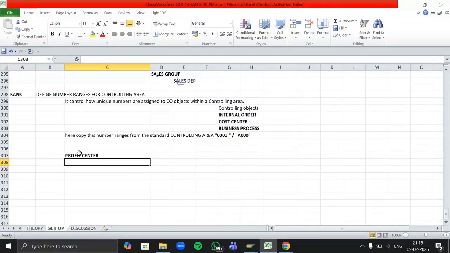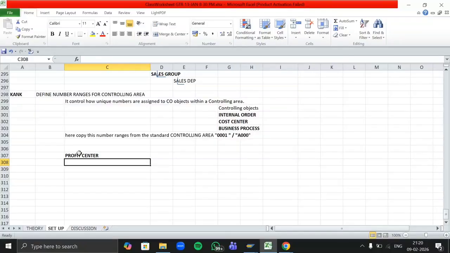Here we can say profit center is the cost center. No. Cost center will just track your company's cost, like how much cost is happening in your company and in which area. Okay. So profit center is also one of the tools, but profit center will measure the company's profitability. If you want to know from which branch, how much amount of profit you are getting.